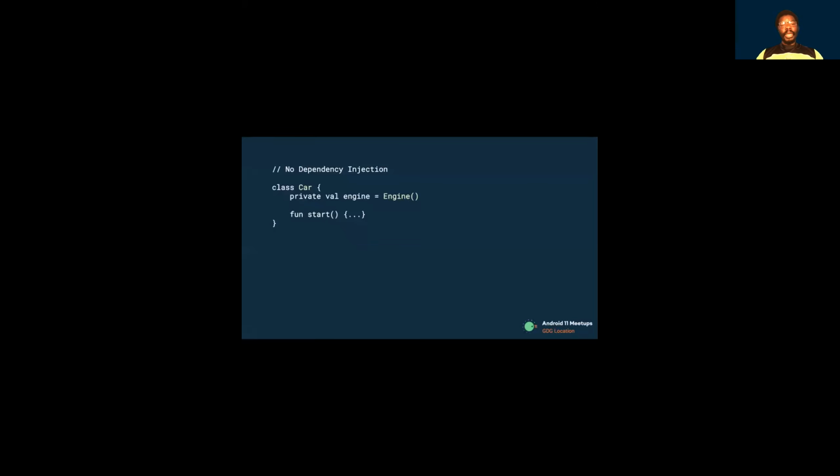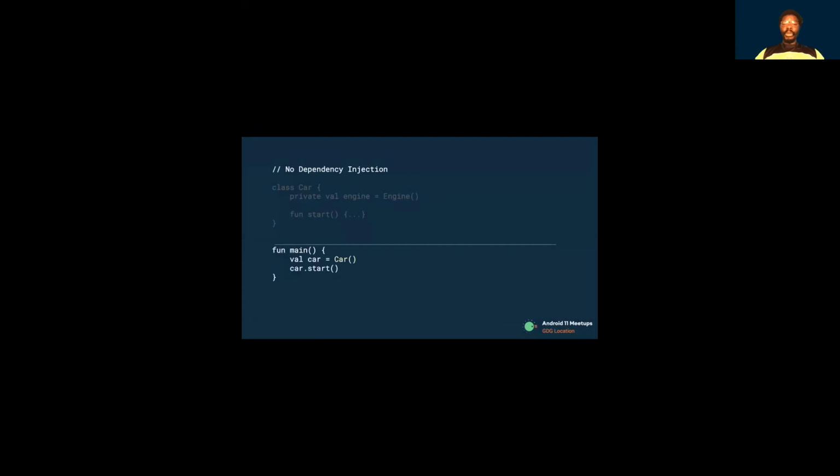There are many ways for a class to get an object, and one way is to construct the dependency. In this example, car would create and initialize its own instance of engine for the car to run. This can be problematic because car and engine are tightly coupled. That means an instance of car uses one type of engine, and no subclasses or other implementations can easily be used.